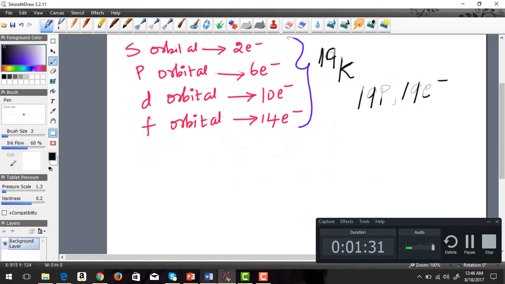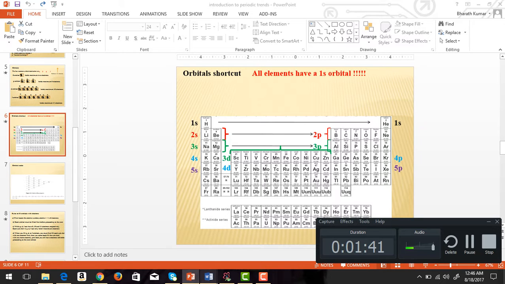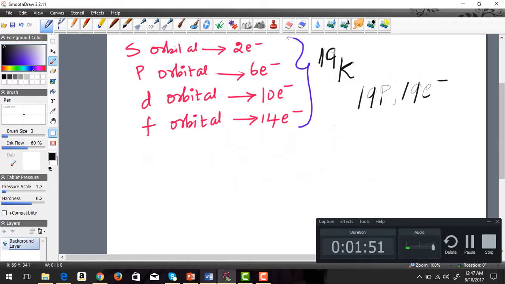Right? Again, I'm staying in touch with what I have taught you. I'm not teaching you something new every single time. So 19 protons and 19 electrons. Now if we go back to our sequence, where is potassium? It's in the 4th row, right? That means we have to get through 3 rows first. All right, so that means we had to have gone past